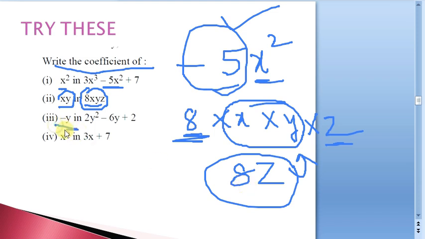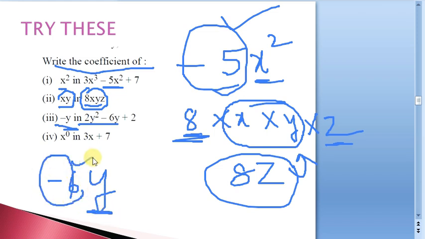Now coefficient of minus 5 in this particular expression. Now you're asking the minus 5 coefficient, not the y coefficient. Remember, if they ask you the y coefficient, you just take y, whatever is given to you, minus 6y is there, which is involving y. Here the question can be two ways. What is the coefficient of y and what is the coefficient of minus 5? If they ask you what is the coefficient of y, y is there, what will be left? This is minus 6. So minus 6 is the answer.